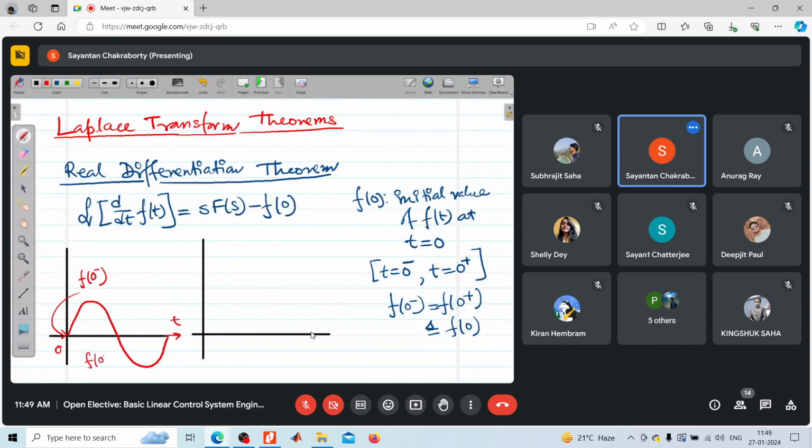Similarly, f of 0 plus is this point, right? But that may not be true. In this case, this is true. But what about in this case? If you have a step function like this,